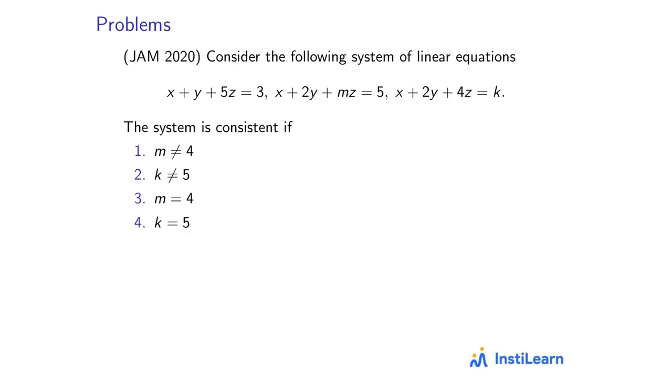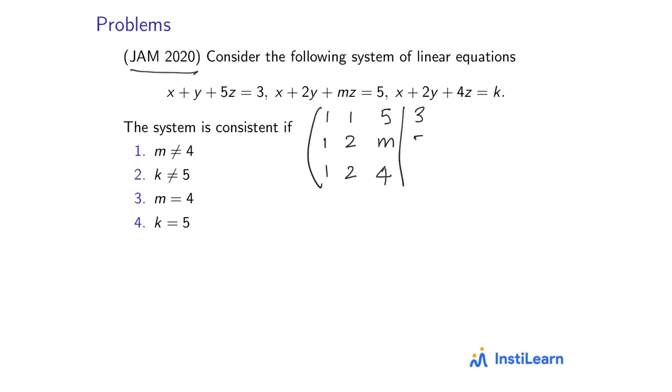Okay, so along similar lines, let's look at this problem which came in JAM 2020. So again, it's asking that look at this system of linear equations and when it will be consistent. So let's write it quickly. This matrix is 1, 1, 1, then 1, 2, 2, then 5, m and 4, and the augmented part is